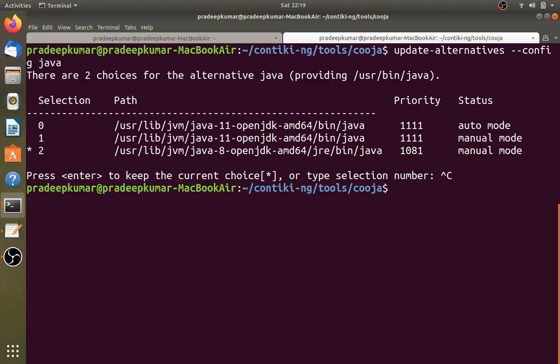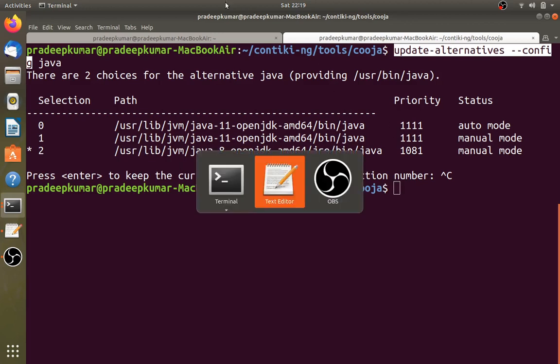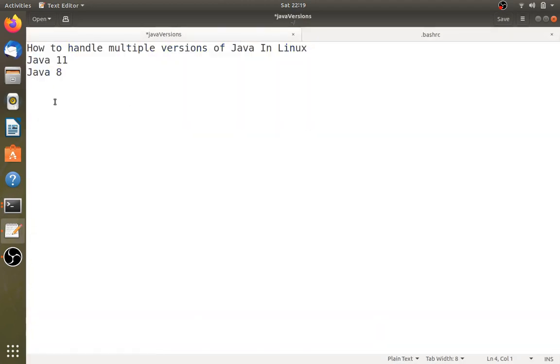If you want to have multiple versions of this, you can use this config operation. This command is not only for Java, it is for any other software that has multiple versions installed on a particular machine. In the Microsoft or Windows operating system, this problem might not happen because only one version will be running at a point of time. But in Linux and Macintosh, we can install multiple versions. Which version you want to take depends on this command. So you can use this command for these alternatives. Let me use it.